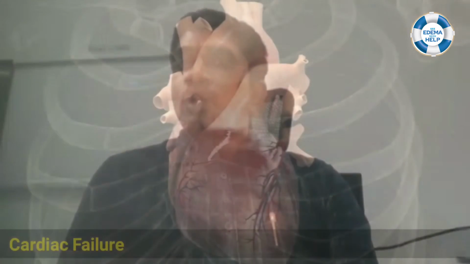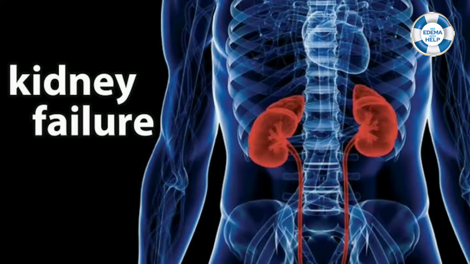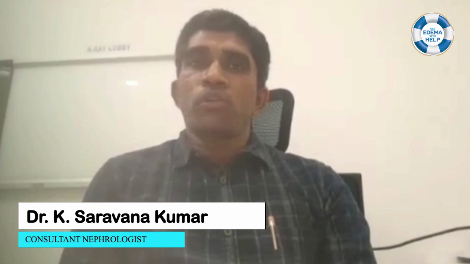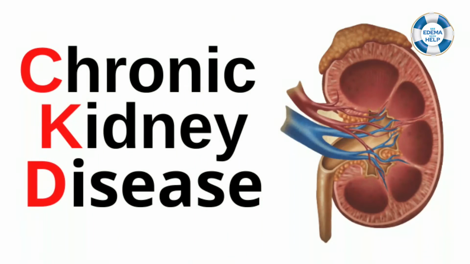Among the many causes which lead to peripheral edema, it may be due to cardiac failure, renal failure, or hepatic failure. All these three conditions usually predispose the patient to peripheral edema. Other conditions, such as varicose veins or local lymphatic edema, can also mimic peripheral edema. Now moving to chronic kidney disease, renal disease is quite common now,